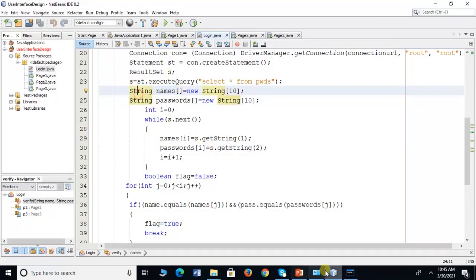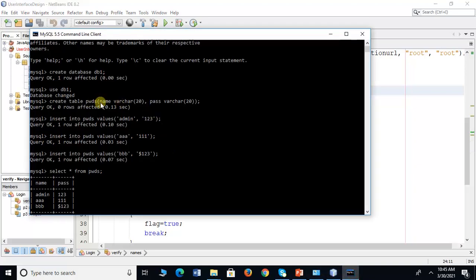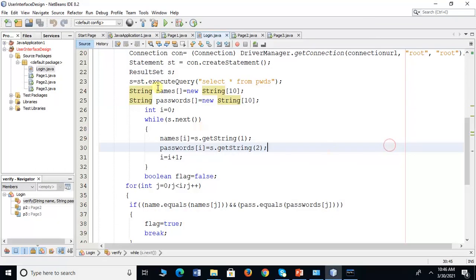Why is it a string? Because here I have created two different columns of type string. If it were an integer, you would need to create an integer array to hold all the usernames and to hold all the passwords. So initially I am creating string names, which contains 10 strings as a maximum, and string passwords, again 10 strings as a maximum. So while i equals 0,